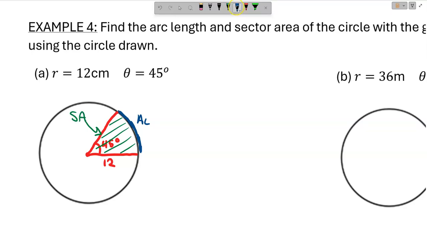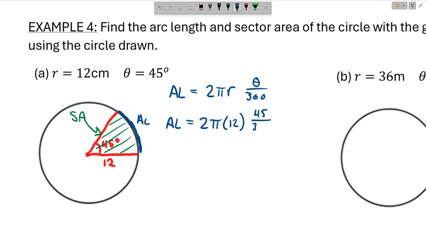And those are the 2 things we're going to be measuring here. So let's start with arc length. Arc length is going to be 2 pi r times that theta over 360. Now we'll go ahead and plug in those numbers because we have all of those numbers in front of me. The radius is going to be 12. My theta is 45 over 360. Now at this point you really could just throw this in the calculator, but I want to talk about this